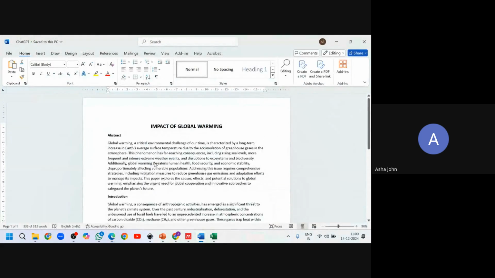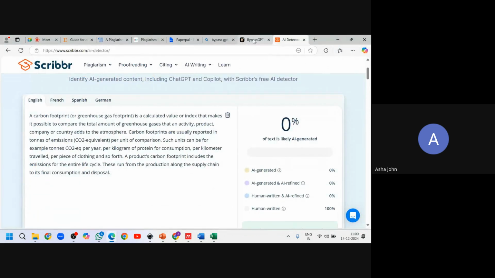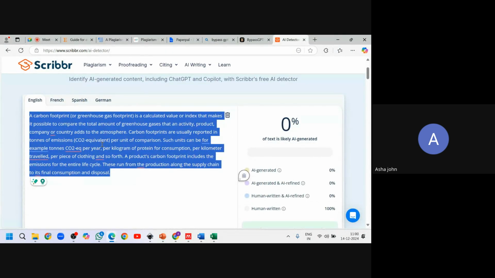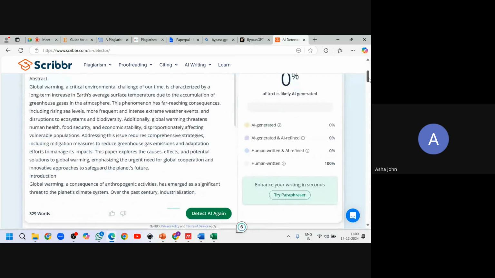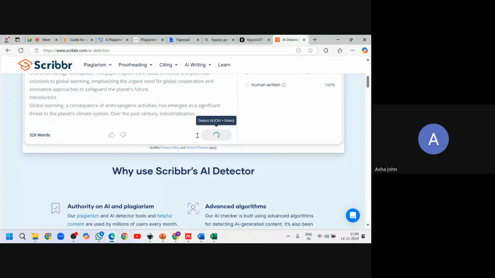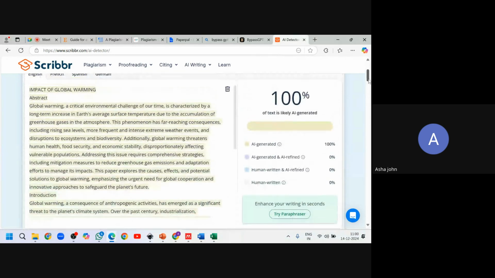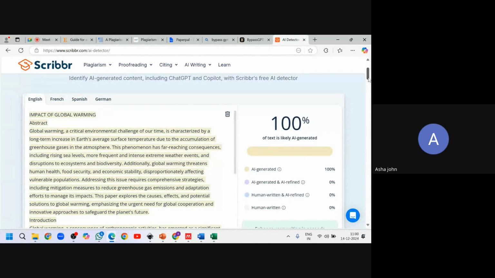Now let's try something that we took from ChatGPT and try the same. 100% AI generated. Of course, it is ChatGPT generated, so it should detect AI generated.